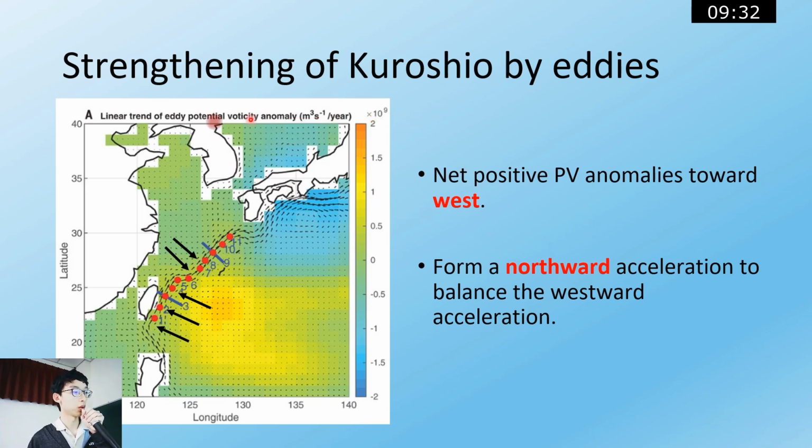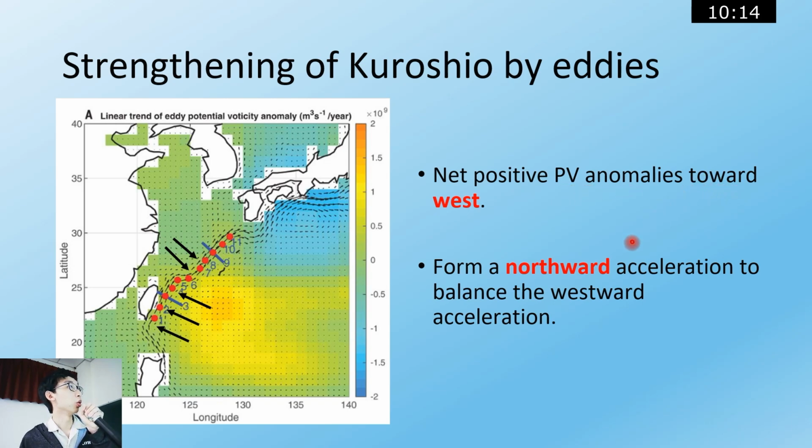Then next, it is about how PV anomalies affect the Kuroshio current. In this picture, we can see there are orange regions that have positive PV anomalies, and there are light blue regions caused by the anticyclonic eddies, which are negative PV anomalies. So there is a net positive PV anomaly